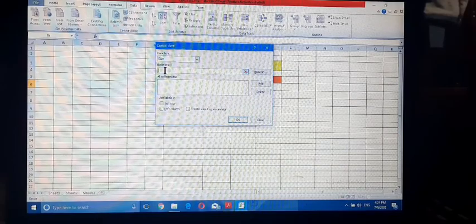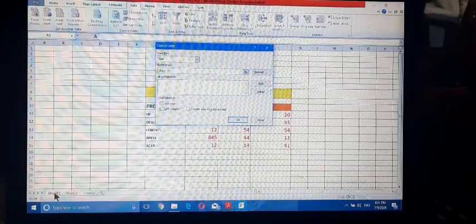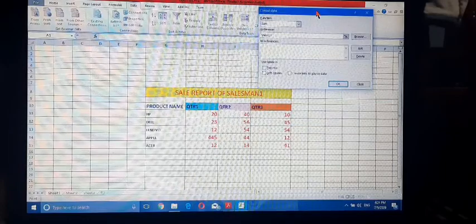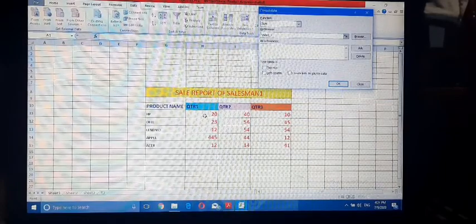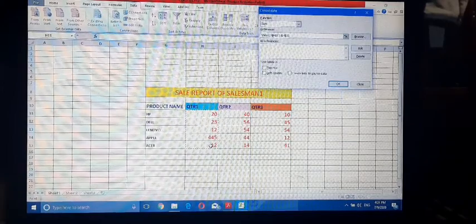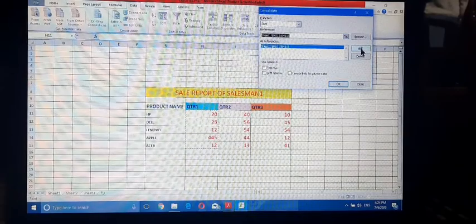Then click on the reference box, then go to the Sheet 1 tab. This is Sheet 1. Select the quarter 1 values and click on the Add button.